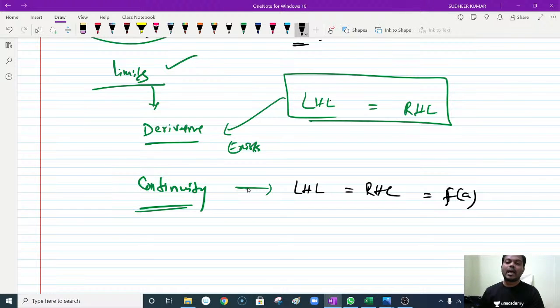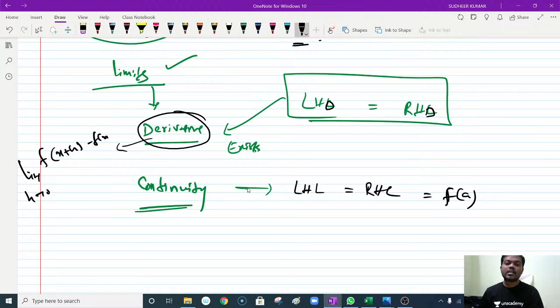Sorry, this is LHD, RHD. Derivative, we'll use the first principle: limit h tends to 0, f of x plus h minus f of x by h, and left side and